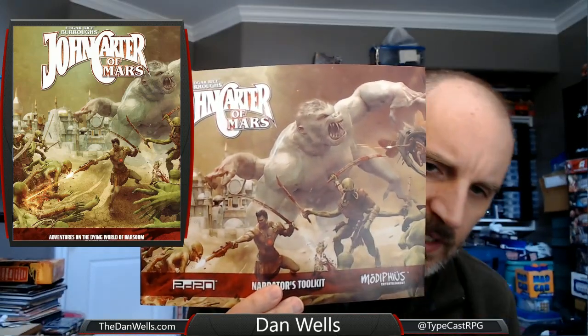Much more information is contained in this little booklet. Now, just like the core book itself, this is designed in kind of landscape format instead of portrait. And I like that feature of it. It's a neat little thing that John Carter does. It doesn't really add or detract from the book in any way, except that it has 3 columns instead of